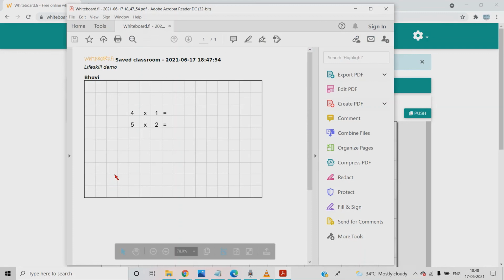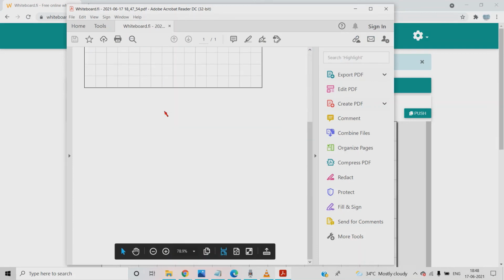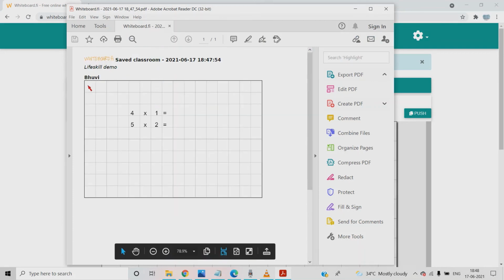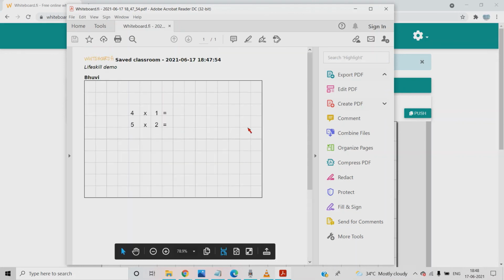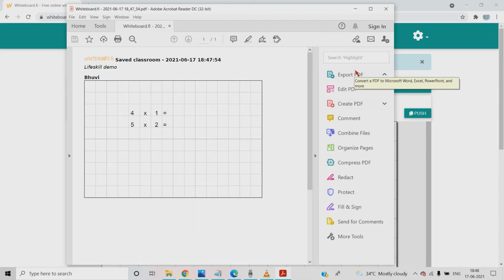See, this is how it will show the students' work. Only Bhuvi has entered, that means myself only entered here. When we have saved the classroom also, it will appear. Okay. All the students' work will appear here. But whichever you have deleted will not appear. Whichever you have done, that worksheet will appear in this PDF.